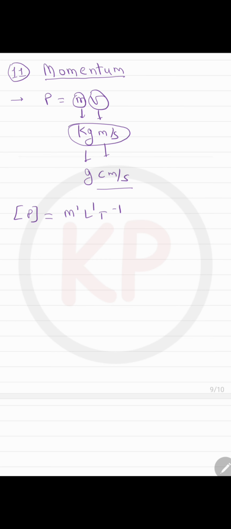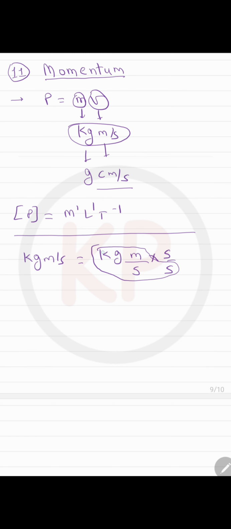Other than this, we also have some extra units of momentum. We can write kg meter per second as kg meter per second square into second; the value doesn't change. Now kg meter per second square, as we just derived, is Newton. So it becomes Newton into second. Newton second is one more unit of momentum, which is also the unit of impulse of force. We will be discussing it later.